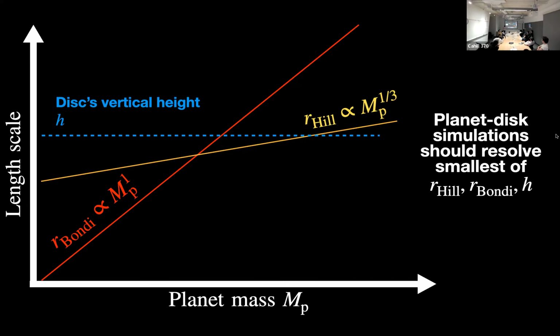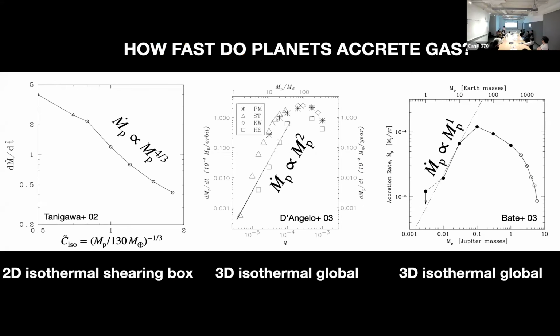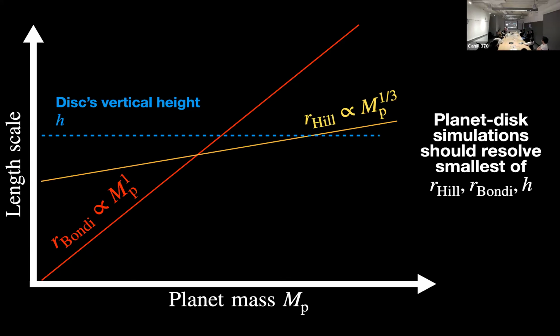For a planet in orbit around a star, the first length scale that comes to mind is the Hill sphere, which grows as m to the 1/3. So the usual thing to do in your planet disk simulation, what all of these studies do, is they make sure that you're resolving the Hill sphere with some tens of grid cells. But for a planet in orbit around a star, in a disk, there are at least two other length scales in the problem. There's the planet's Bondi radius, sphere of influence to gas pressure, and there's the vertical height of the disk that